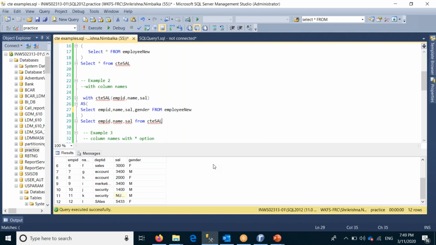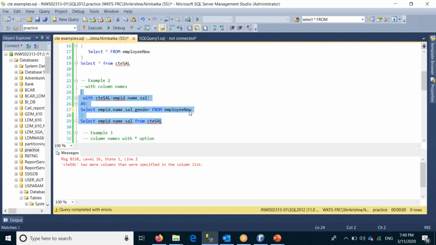It has given us an error, because while selecting I wrote four columns, but I used parameters as three, so it will give an error.